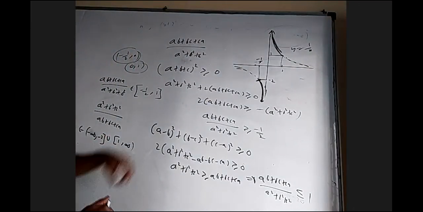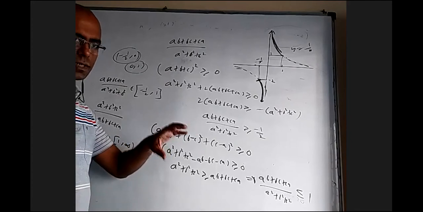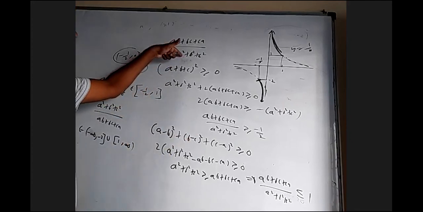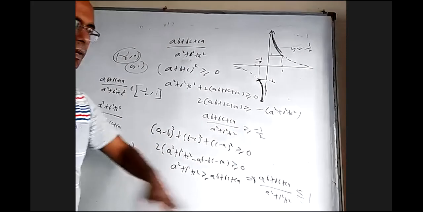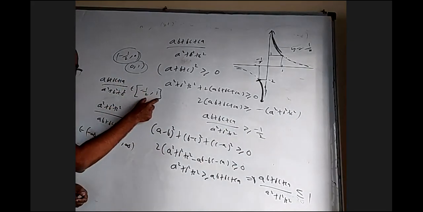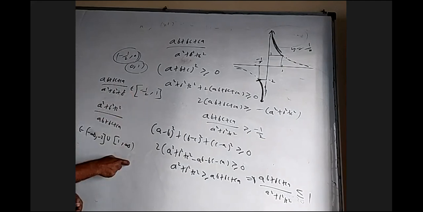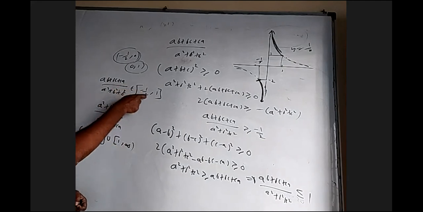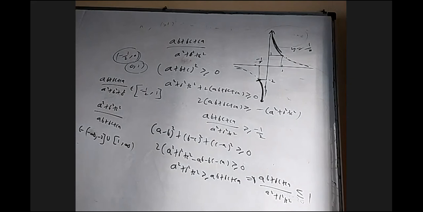So if you take the question as it is, finding the range is a little difficult. If you take the reciprocal, we are able to find the minimum and maximum and the exact range. To find the reciprocal of that, we took the positive part of the range separately and reciprocated it, took the negative part of it and reciprocated it. Is it all right? Yes, sir.